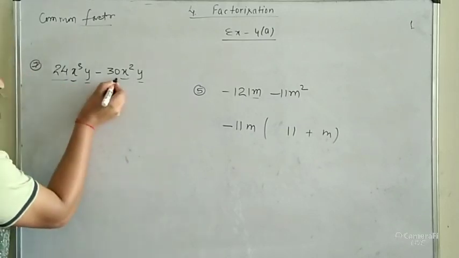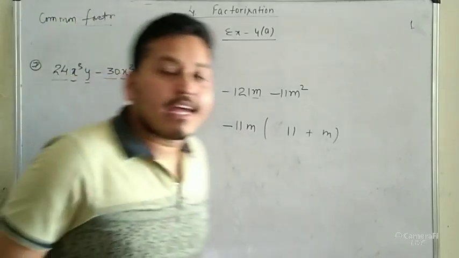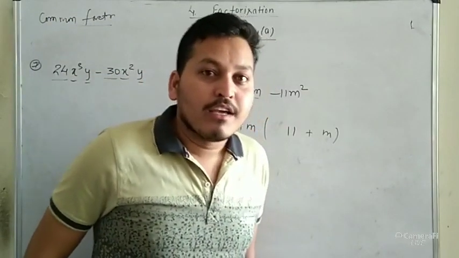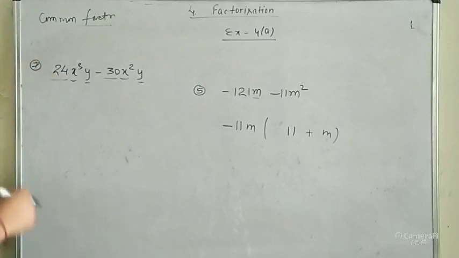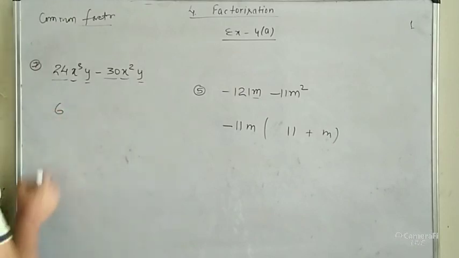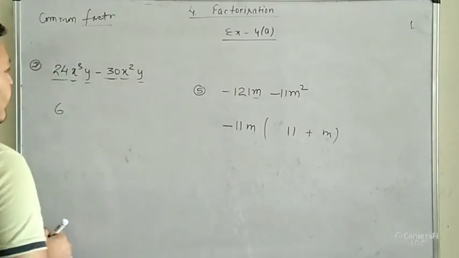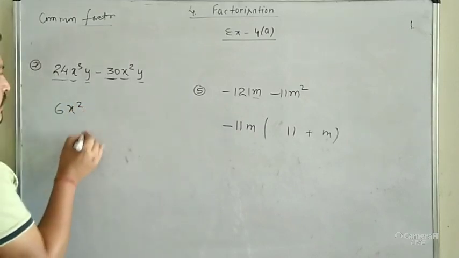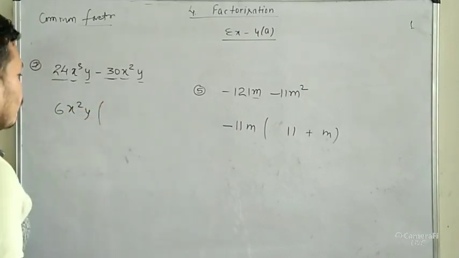And the 24 and 30, so which number can we take as a common out in the 24 and 30? So sir, maximum या minimum, it will be 6 4 the 24 and 6 5 the 30. After that कोई नंबर ऐसा कॉमन नहीं आ रहा, देखो 7 में भी नहीं है, कोई नहीं है ऐसा, तो which number can we take common out? तो 6 is common out because 24 and 30. Next x square is common out and y also common out. अब now देखो